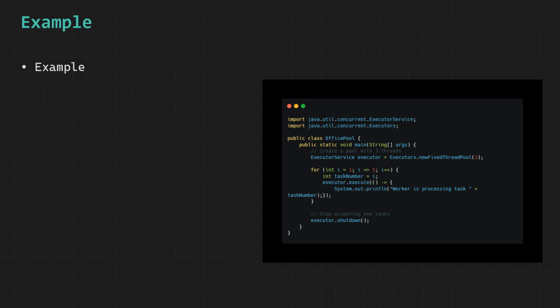The key concept here is that even though we submit 5 tasks to the executor, the thread pool only ever uses 3 threads at any given time, which means the first 3 tasks are picked up immediately by the 3 available worker threads and the remaining 2 tasks wait in a queue until one of the 3 threads becomes free, and then they are picked up and processed, ensuring efficient and controlled use of system resources without creating an unlimited